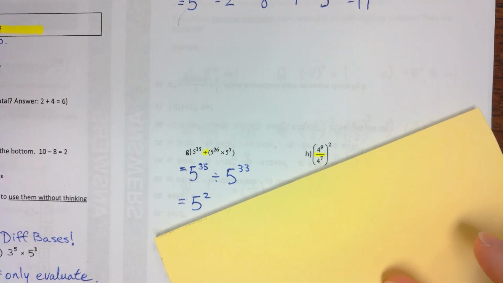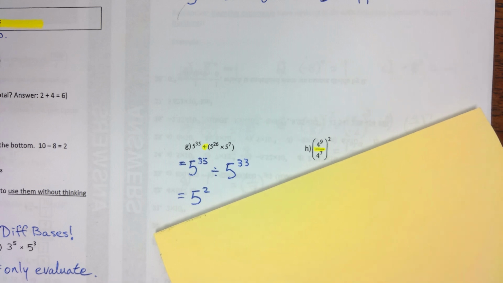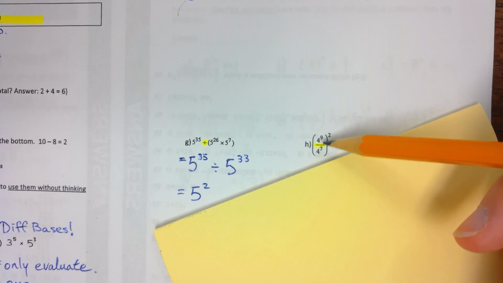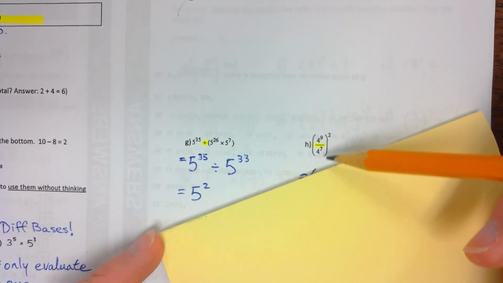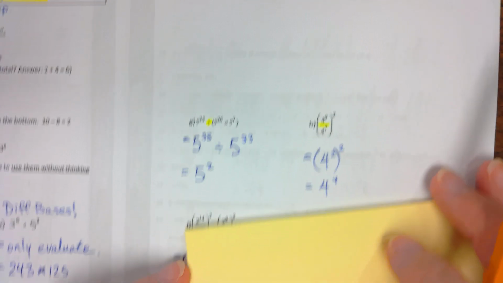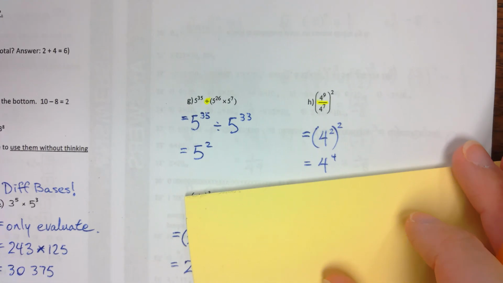You divide 4 to the power of 9 by 4 to the power of 7. Okay, I don't want to evaluate. I want to write it as a single power. 4 to the power of 2. Good. Perfect. And then that's it. Okay, remember, you're not evaluating. You're just doing,